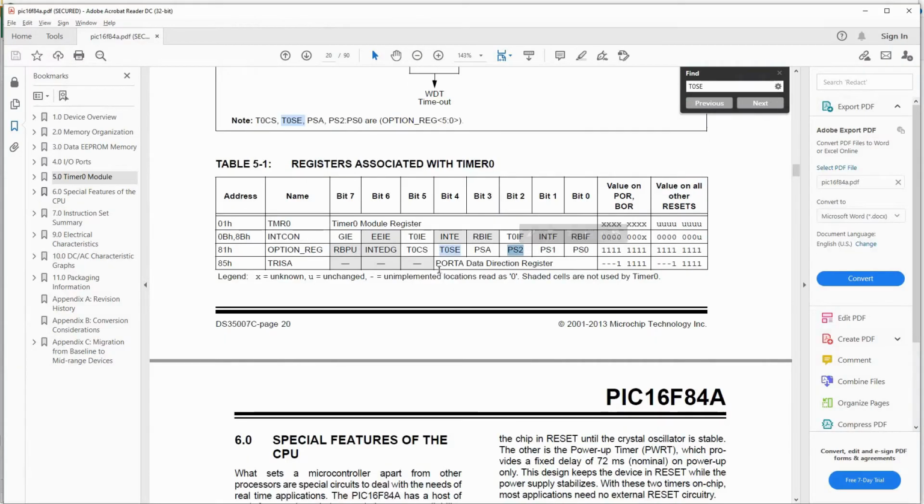Now we have finished this. Now, do you want this timer 0 interrupt? Interrupt is something I will quickly explain after this. So right now, let's not worry about it. And the default value is 0, so the interrupt is disabled.